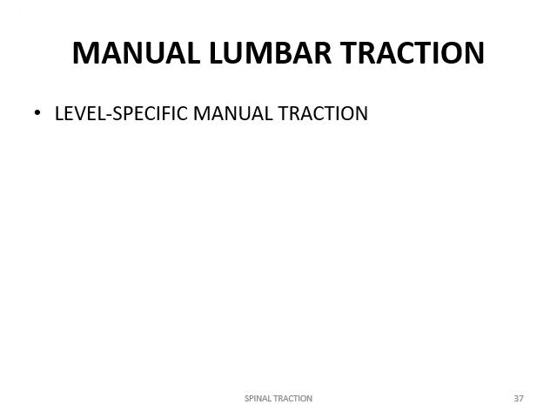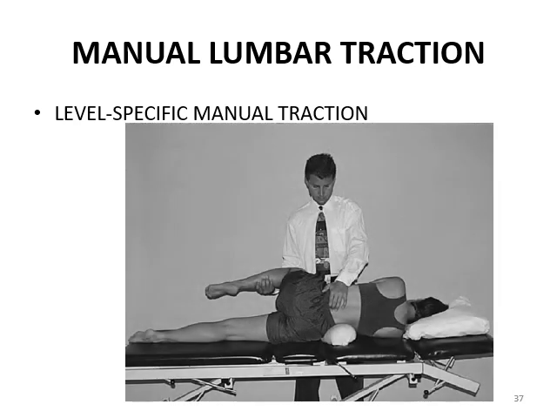To make the traction specific to a vertebral level, the patient is positioned in sidelying on the split table. For traction specific to L3-4, L4-5, and L5-S1 levels, the patient's lumbar spine is flexed using the patient's upper leg as a lever. The therapist palpates the interspinous area between the two spinous processes. The upper spinous process is the one at which maximum effect is desired.